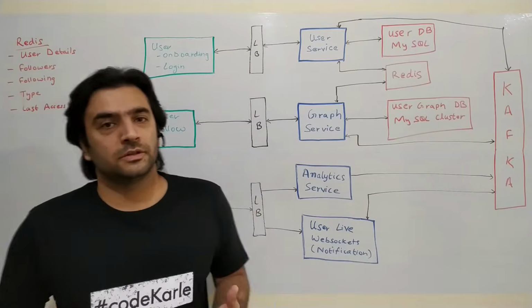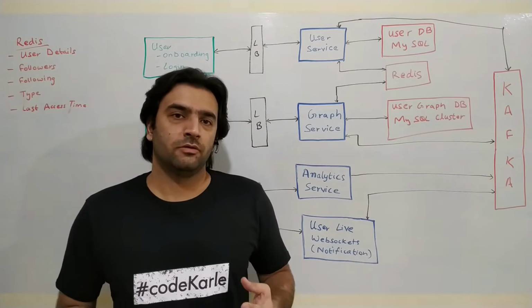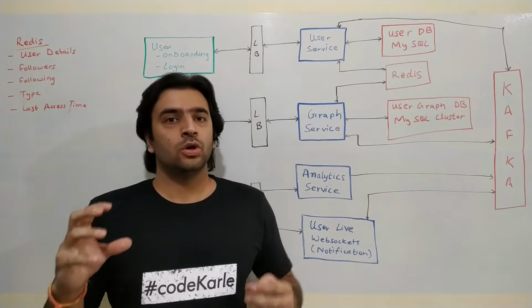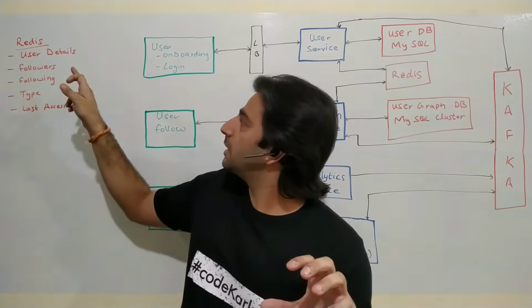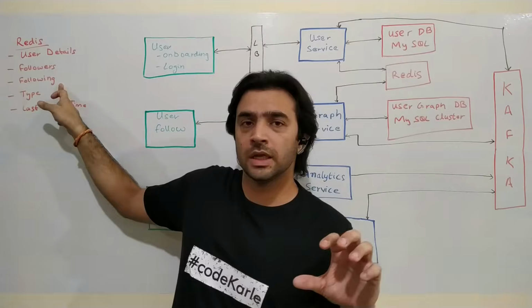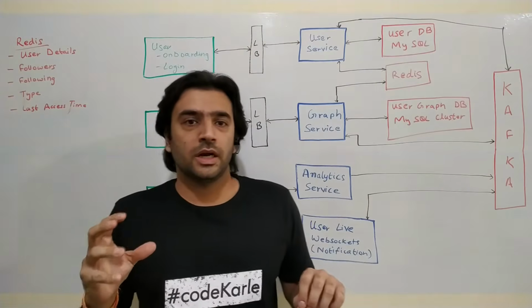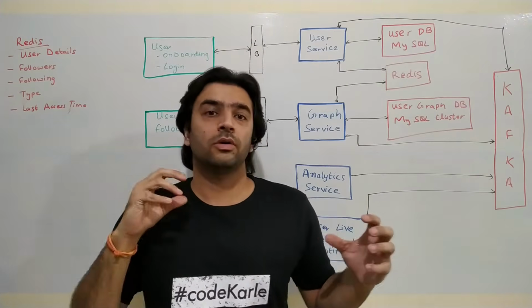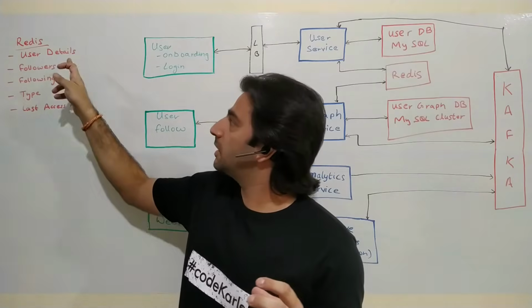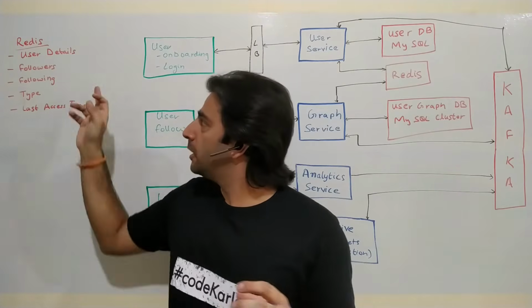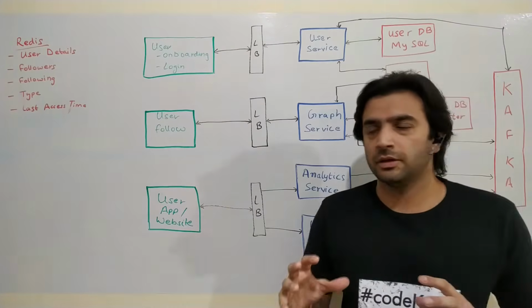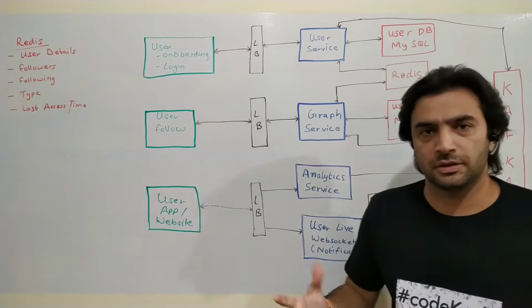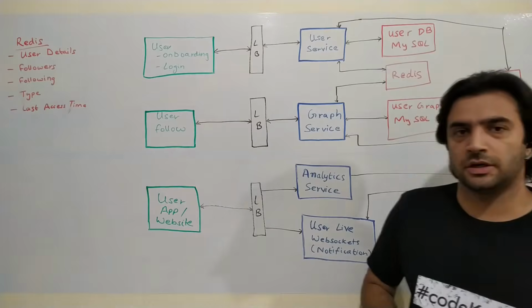Now, there are two kinds of information that we need to cache. First of all, given a user ID, what is the list of users that this person follows, which is basically this following thing. And then given this user ID, who are the list of users that follow this particular user, which is basically the followers of this user, right? So these are another set of two pieces of information that we are storing in another Redis. Or in fact, we could use the same Redis here, okay, because it's a clustered Redis.